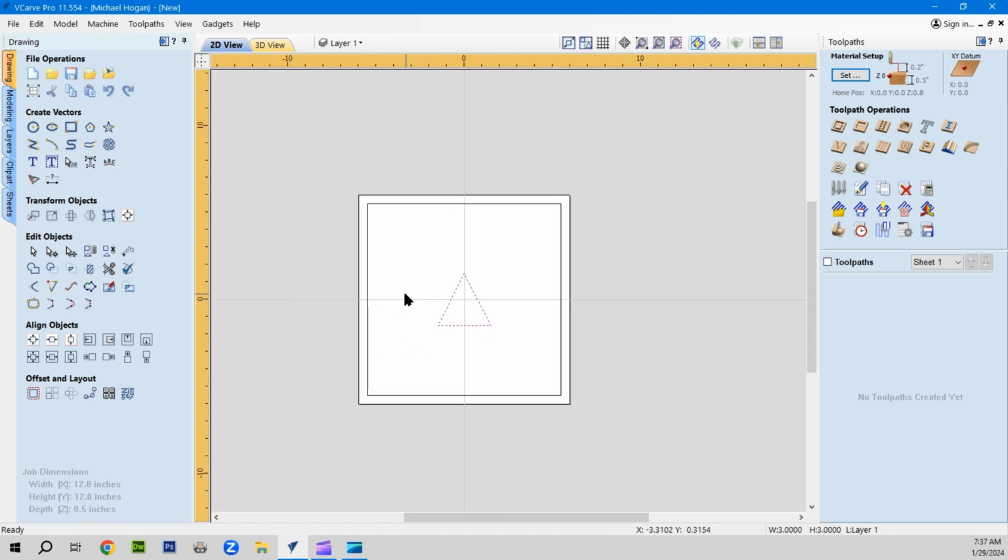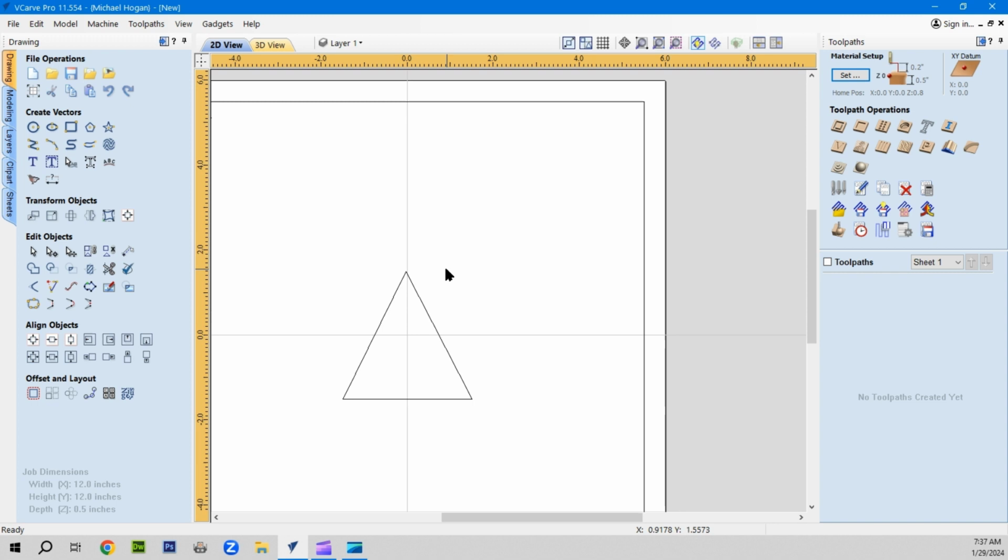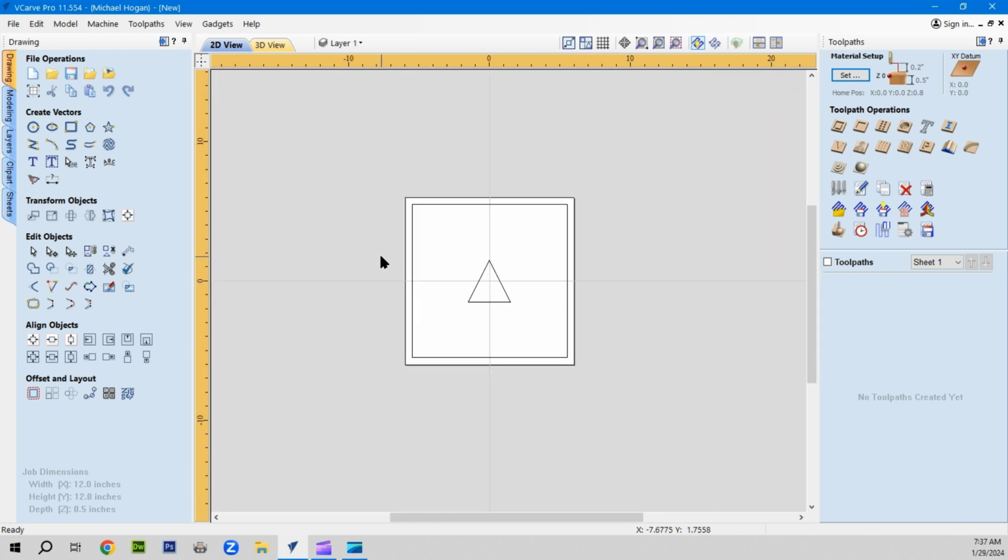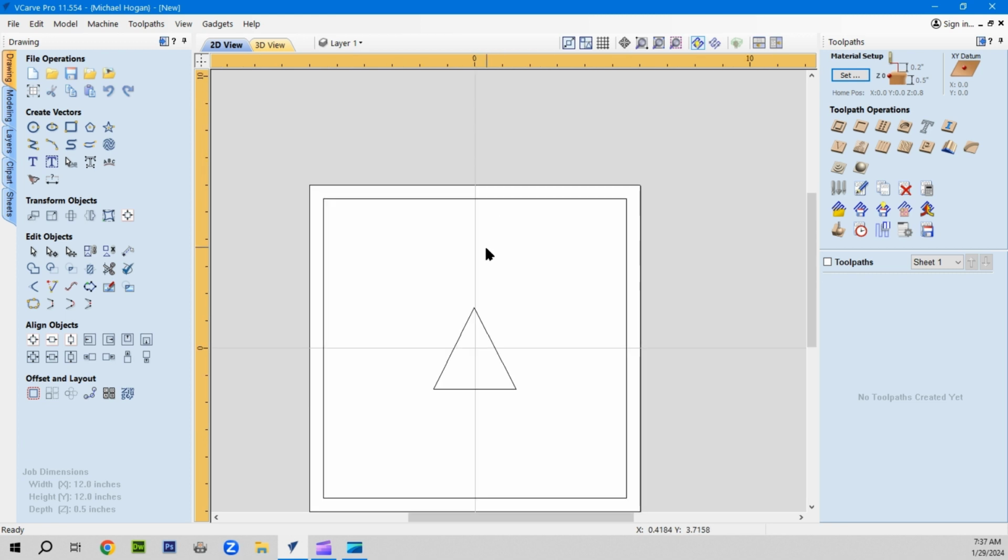You know, it's centered. You could center it based on the block or center it based on the last used item, which didn't change anything because it's all centered to the block. All right, now